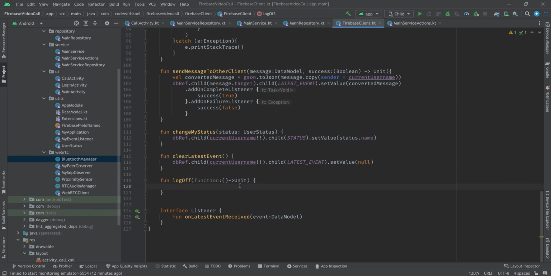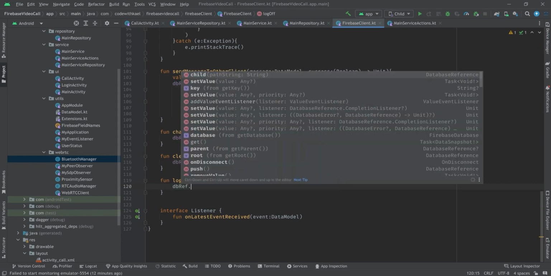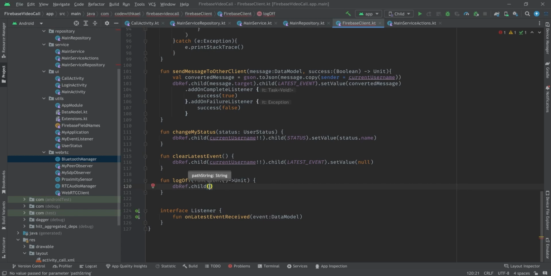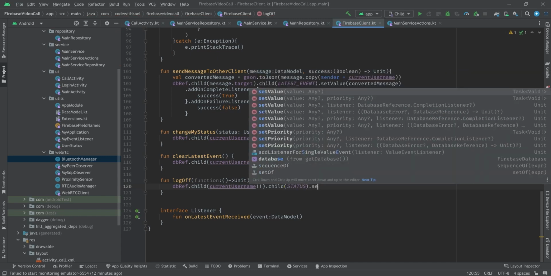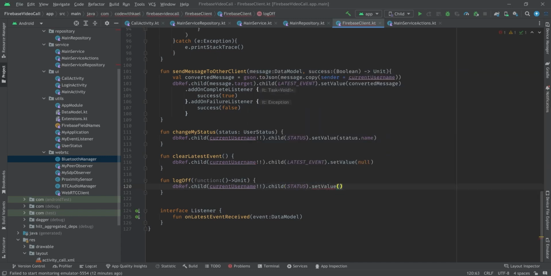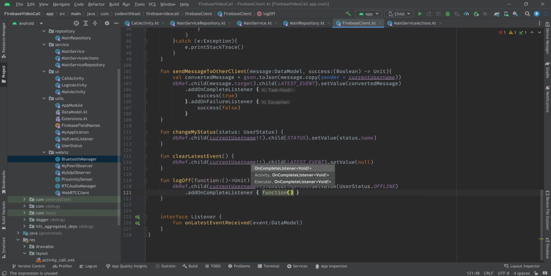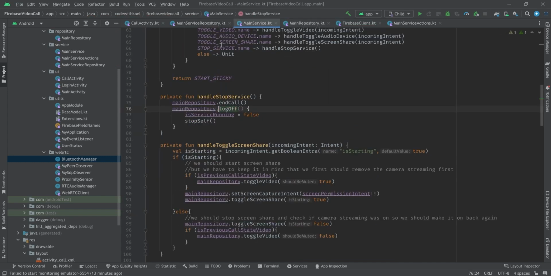So right here all I want to do is to set my status to offline: child username and child of status, and set value to user status dot offline, and add on complete listener and pass function to it. So let's go back up here to our main service. In case of receiving this event, we will fire off these functions and end our call,